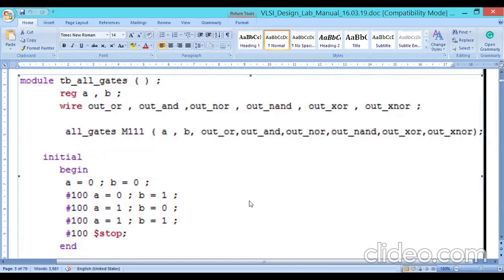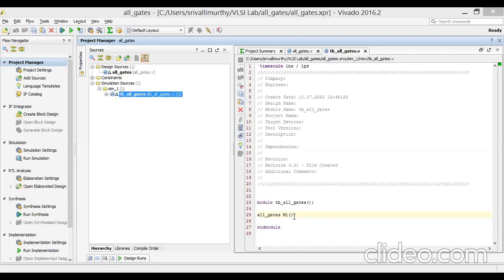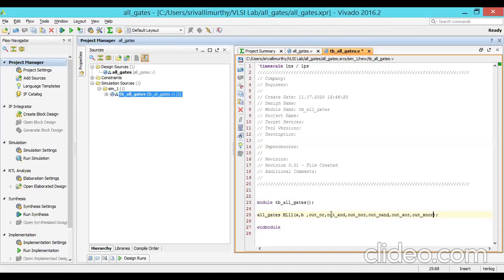Now this program we have to type. See here, it is the program we have to type. Module test bench; what are A, B, and the out_ outputs, like out_XOR and so on.